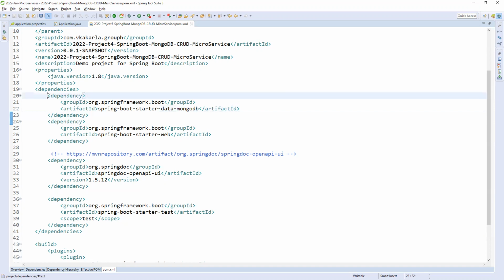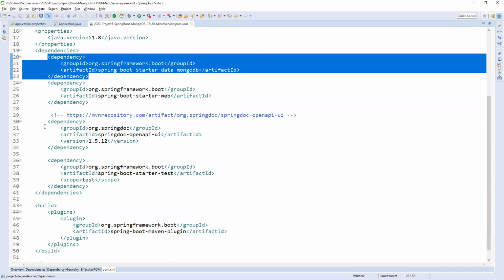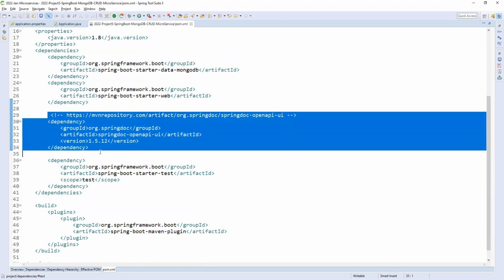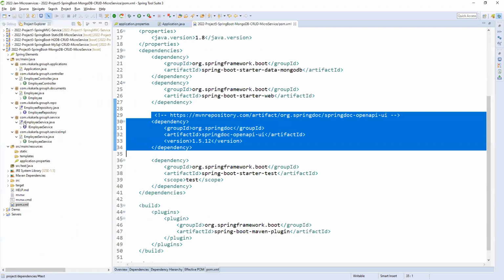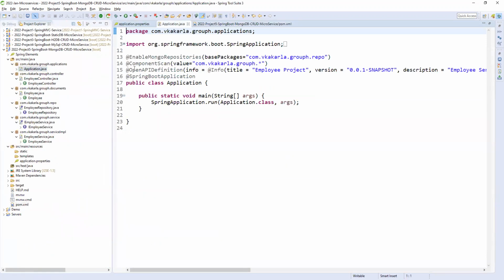Fine. So this is what MongoDB starter. As you know, OpenAPI we are using for our RESTful documentation as well as user interface for testing our APIs. Okay. So this is what pom.xml. So coming to application, here the @OpenAPIDefinition, one is the dependency and second one